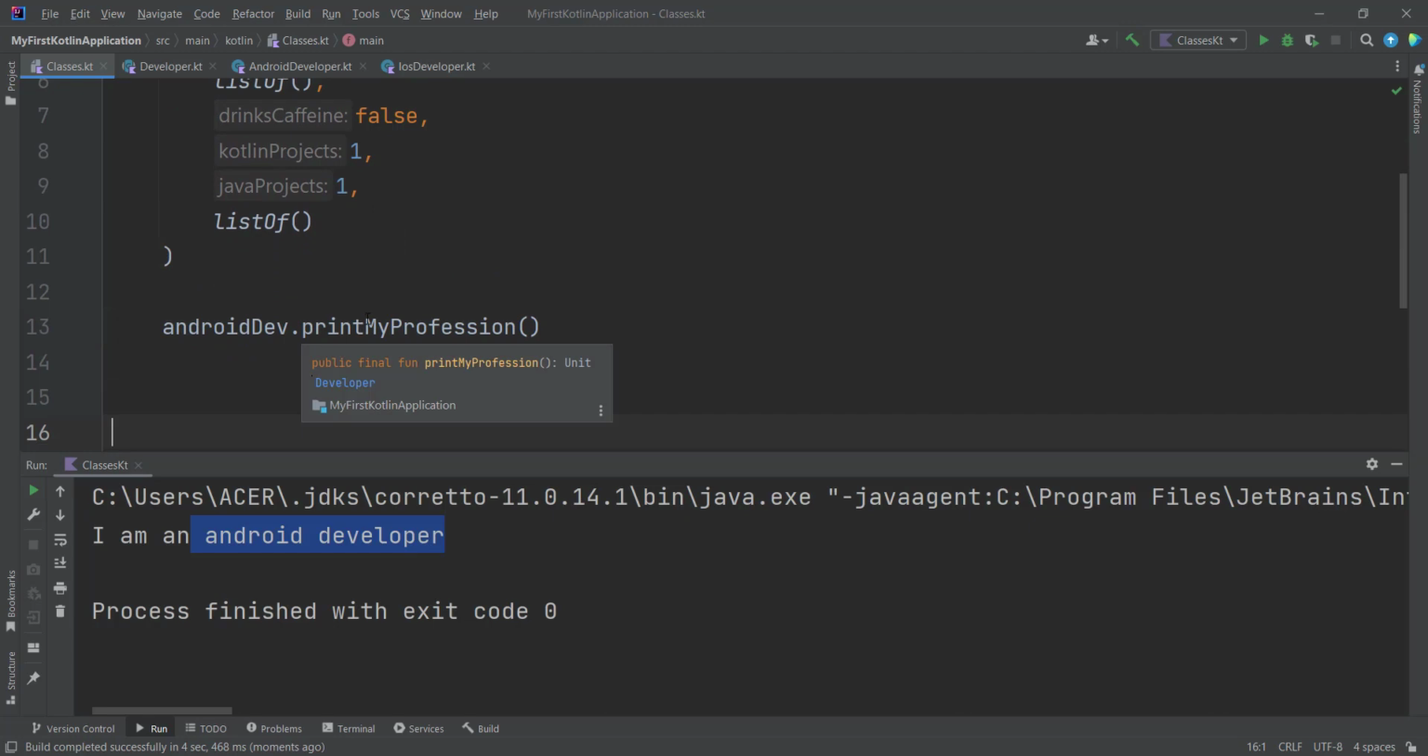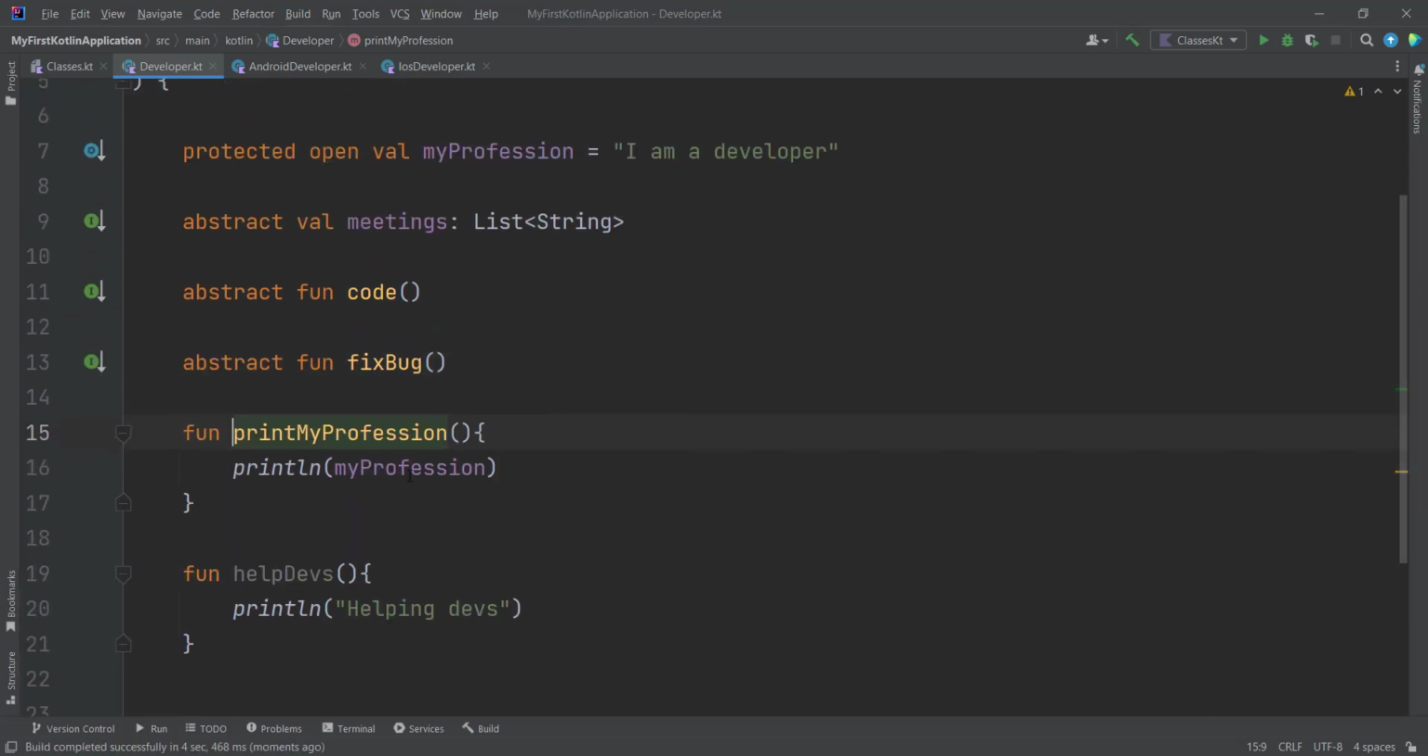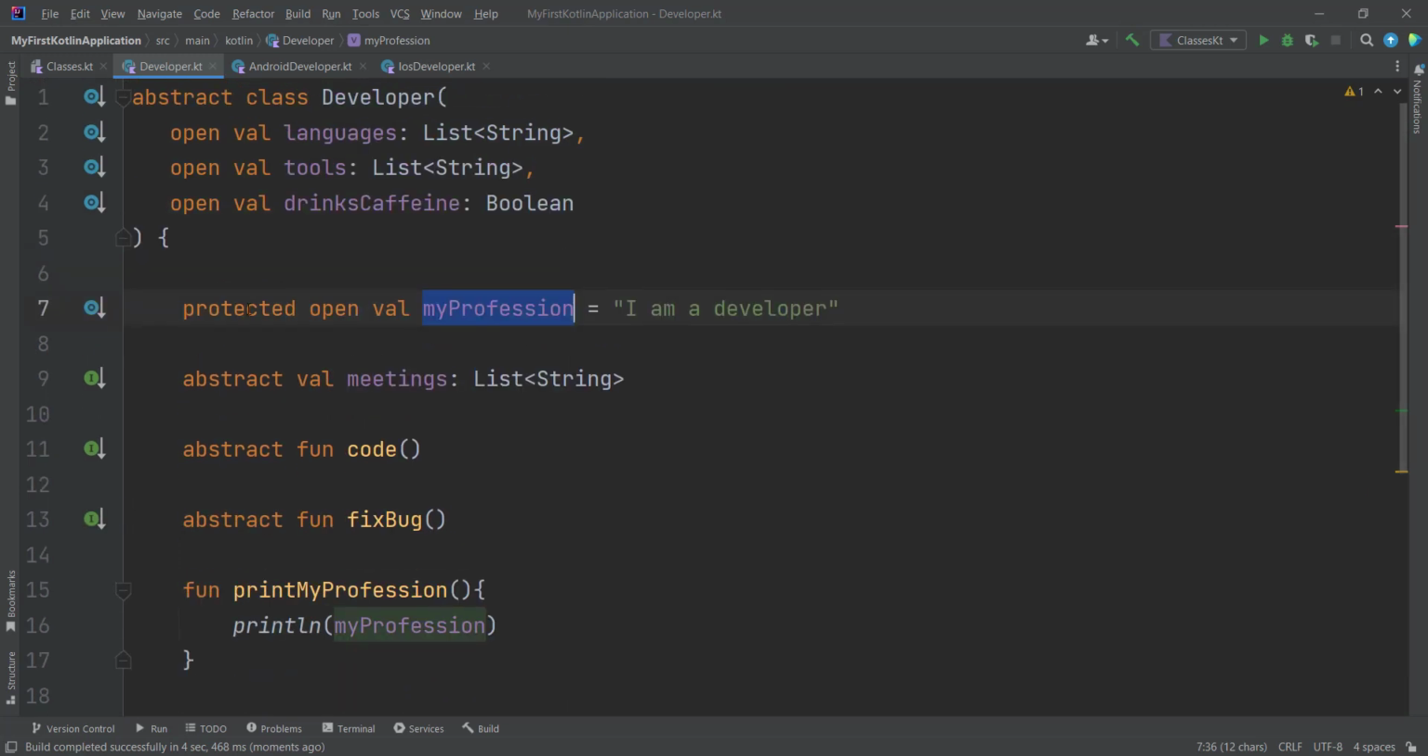So you have to add a helper function. This is a helper function that gives us the ability to access the value of my profession, which was annotated with the protected keyword. That's cool. The last thing is going to be about the public. And public is very easy,